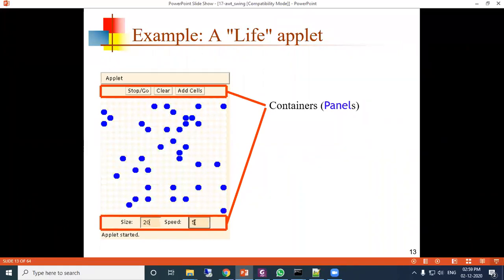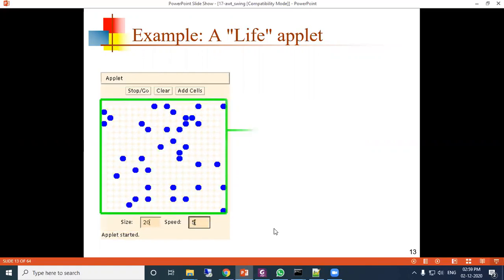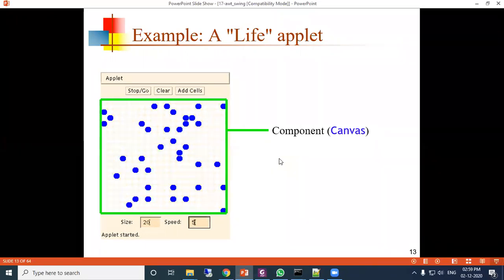The panel has command buttons, the buttons are there, the label is there, the text box is there. So this is called a panel. And this is called a canvas, where you can draw something. And these are the components.